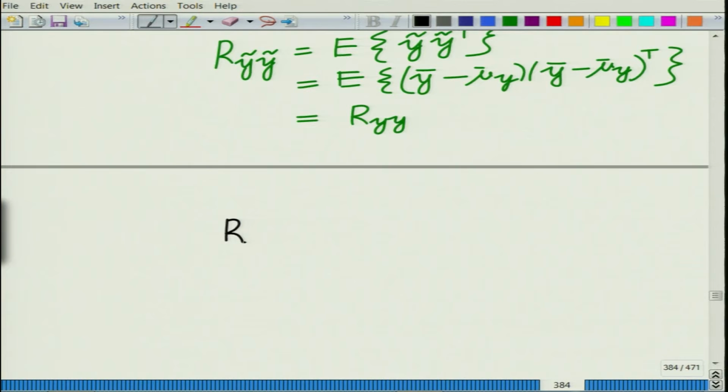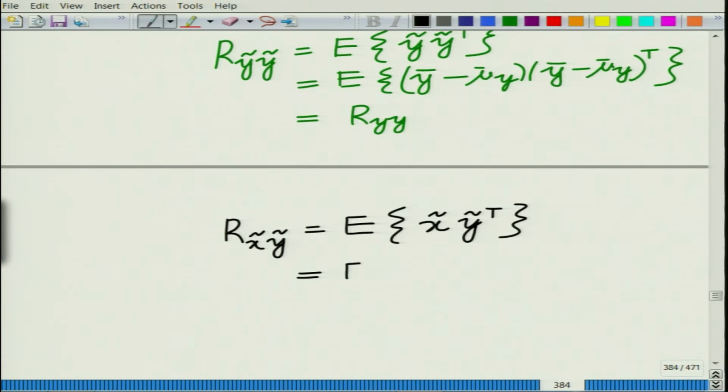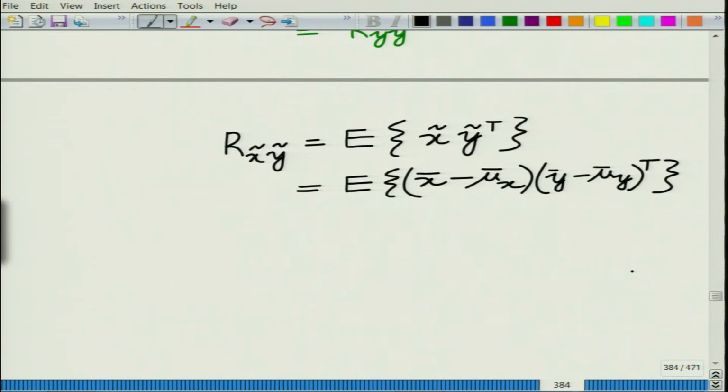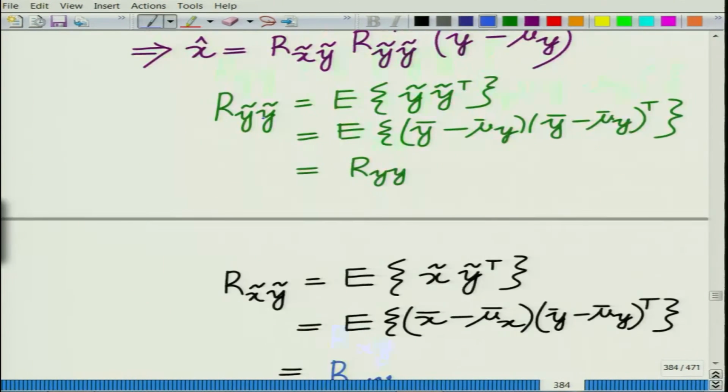Similarly, r x tilde y tilde is equal to the expected value of x tilde y tilde transpose, which is nothing but the expected value of (x bar minus mu bar x) into (y bar minus mu bar y) transpose, which is equal to r x y. So, you have r x tilde y tilde equal to r x y, and therefore, finally, we can write,